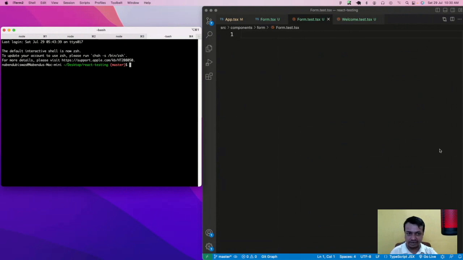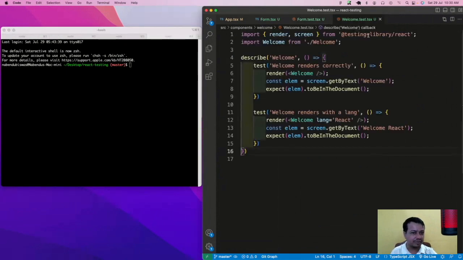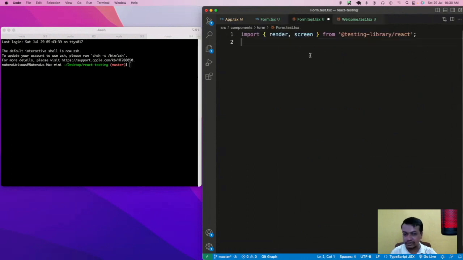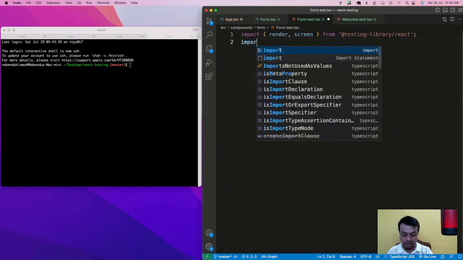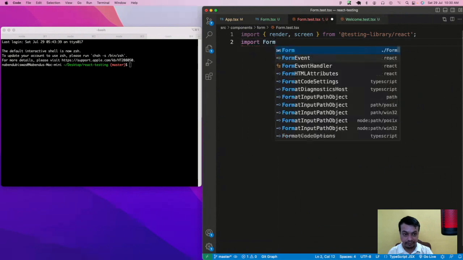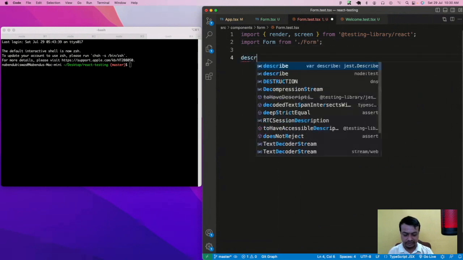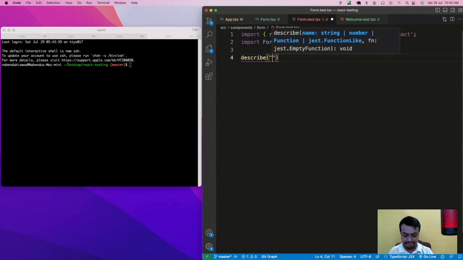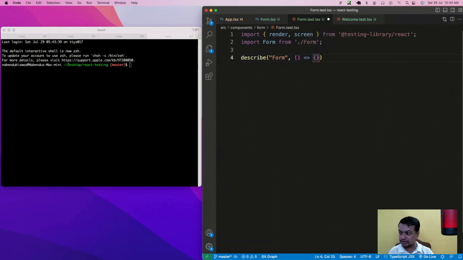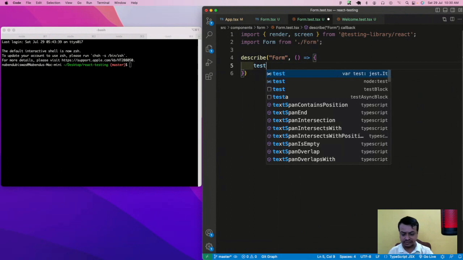So what we are going to do here again: I have opened this file because I don't want to write this thing again. So I have to import this, and then we have to import the form. Okay, so like this, and then let us have a describe also here. Describe, form, comma, like this, and test. First one will be